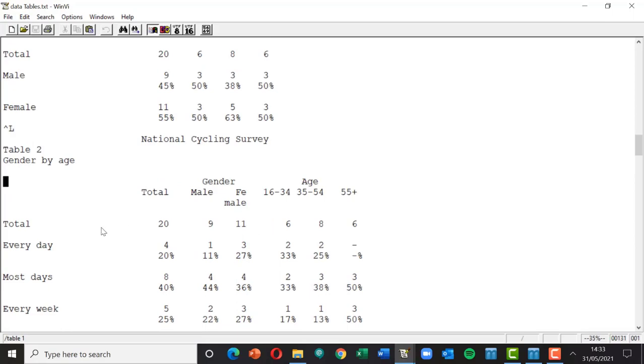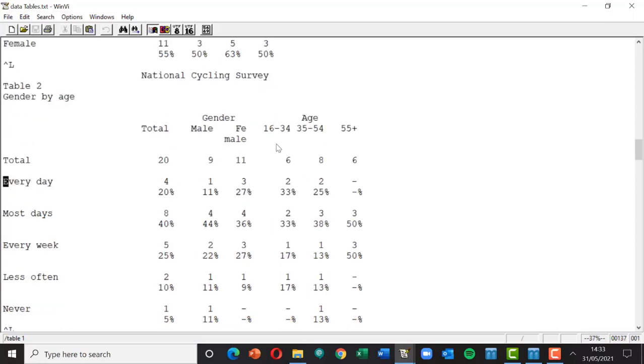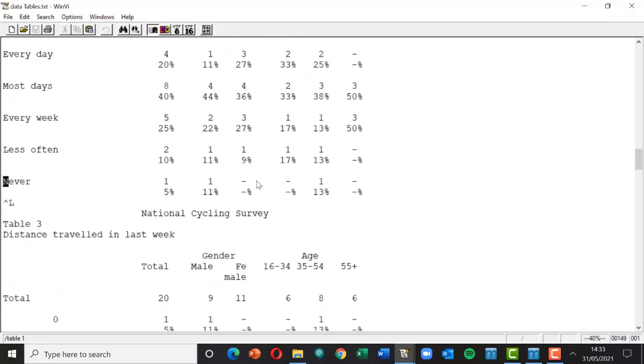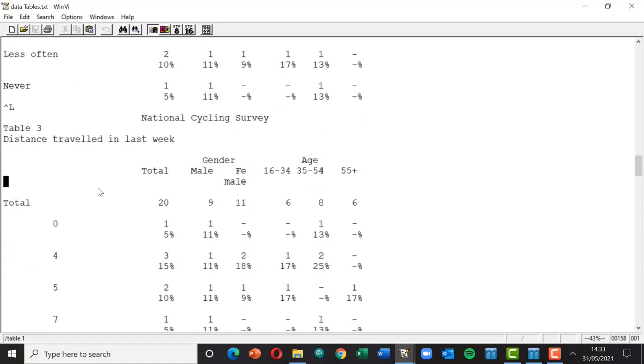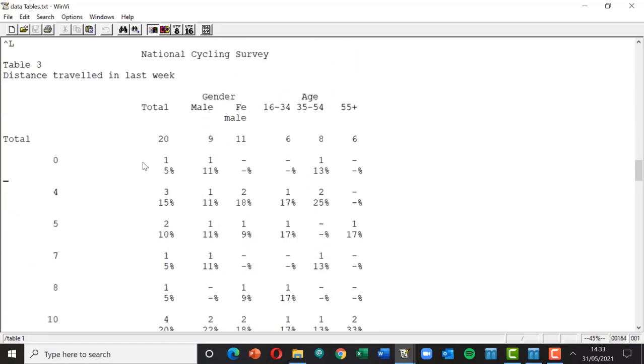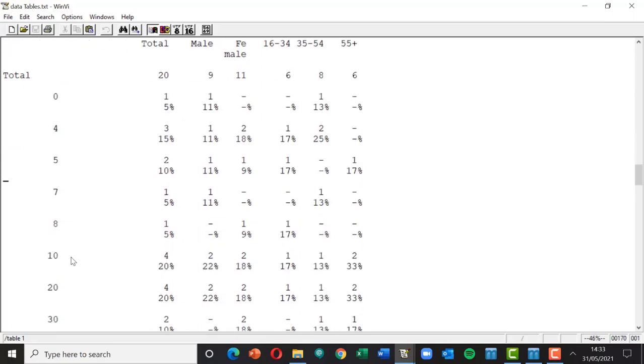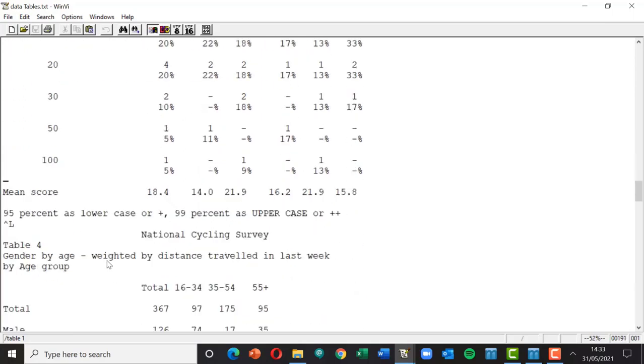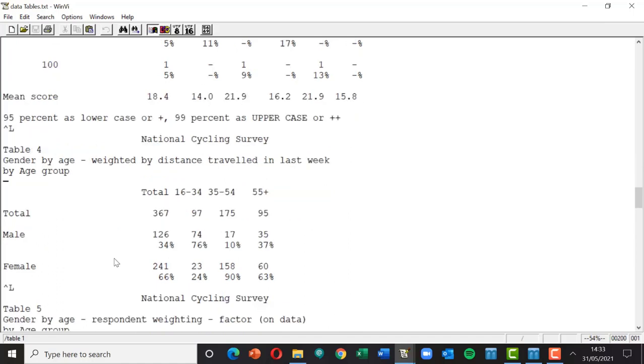Table 2 shows question 1 by the banner of gender and age. And you may remember table 3 was the distance travelled with the values in ascending order. So we got 0, 4, 5, 7, 8, 10 and so on. And then table 4 was the volumetric table where we're weighting the number of people in the table by the